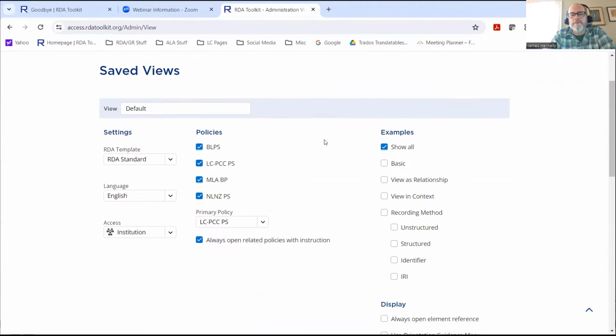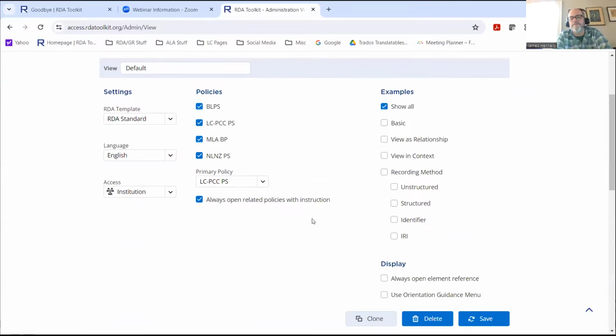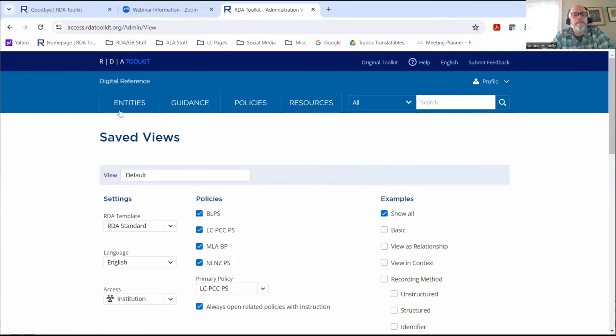So by doing it through this institutional profile in your admin system or your institution view, that's where you can set the experience for the rest of your staff if they're not using profiles, etc. And it'll show up in their profile list. They just won't be able to edit it, but it'll be there too as an option. All right. Next, I will